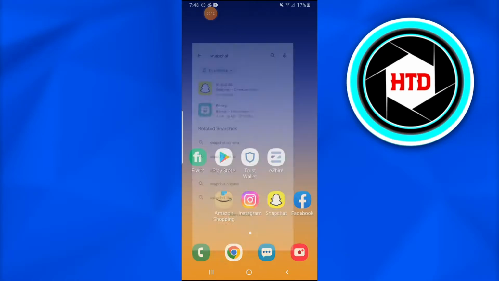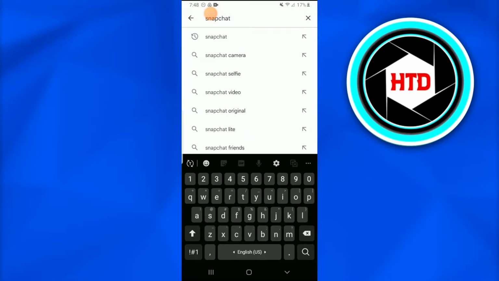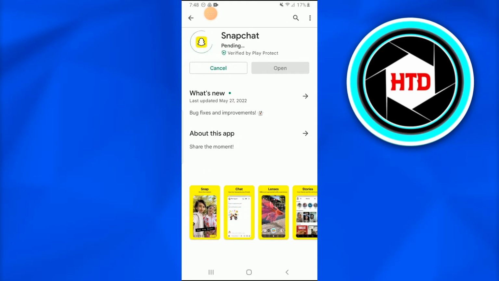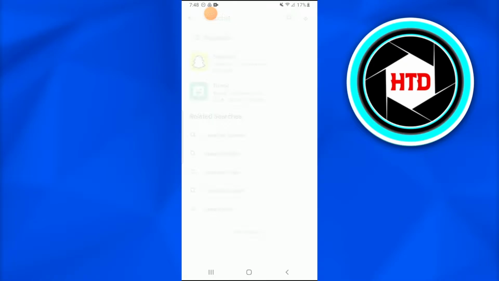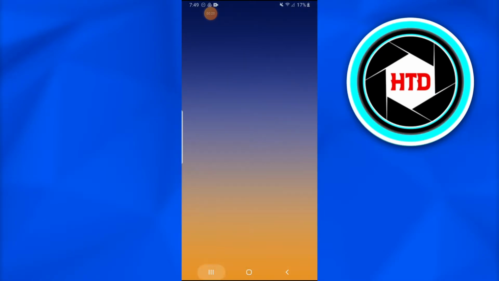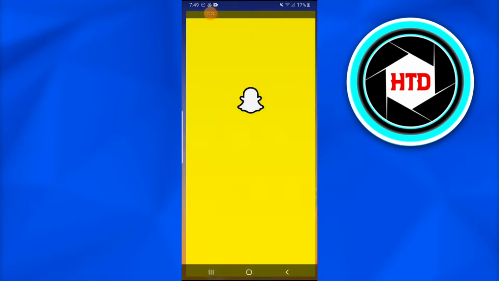First of all, you have to go into your respective app directories and search for the Snapchat application. Once you do that, tap on it and simply update it, because new features won't be available on the previous versions of Snapchat. Once you do that, now what you have to do is simply go into your Snapchat,